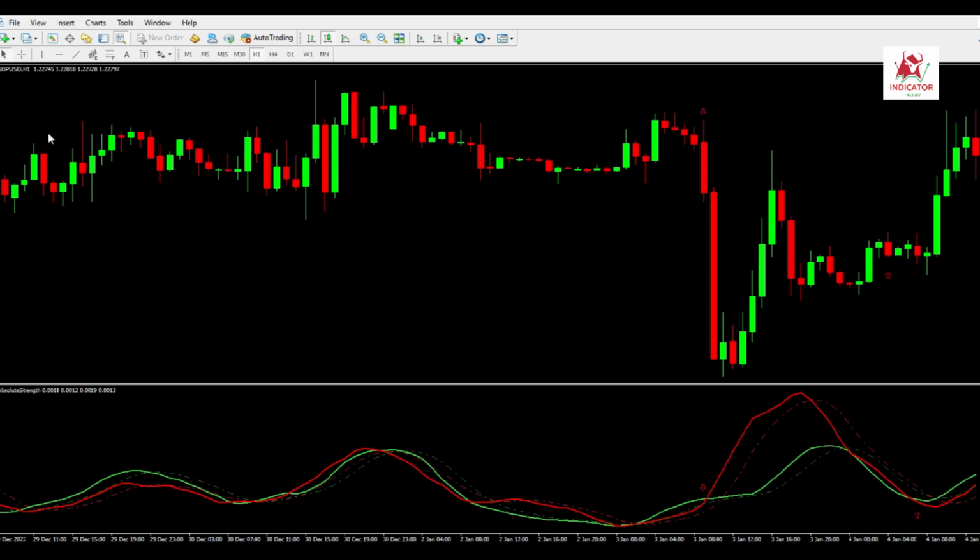Absolute Strength Histogram shows not only who has control over the market but also their magnitude of strength and provides an accurate indication of the